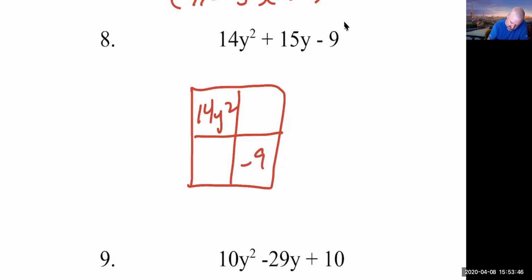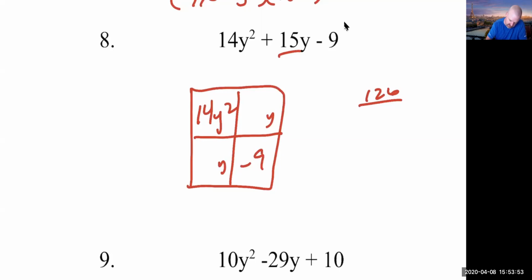So we have 14 times 9, and that is 126. We're looking for a combination that gives us 15. So that's a little tougher. That's where we're going to want it, or it's actually negative 126. That's where we're going to want to use our calculators. But 1 and 126,